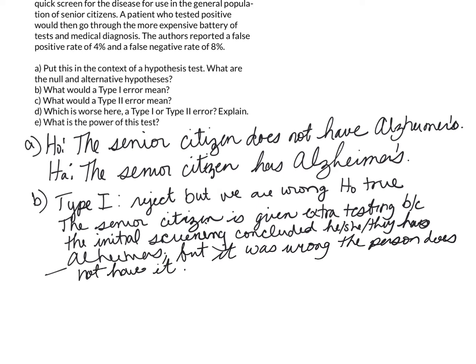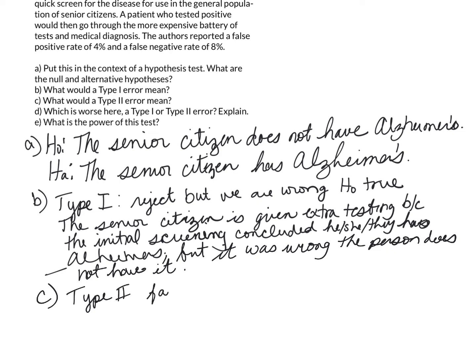So we rejected the null hypothesis that they did not have Alzheimer's. We thought that they did, so we sent them on to get more testing. And then after the extra testing, it was concluded that they don't have it. So the initial test was wrong. That's type 1 error. C, type 2 error,